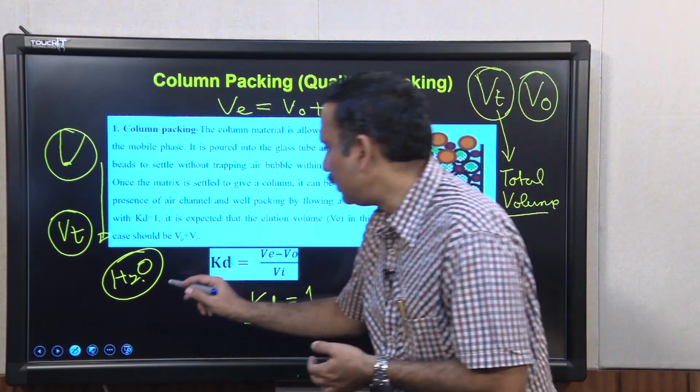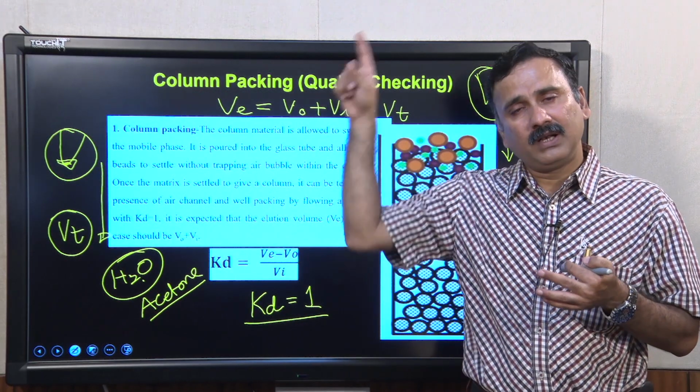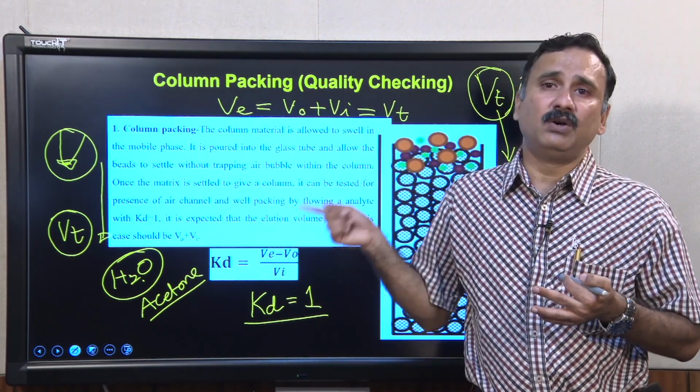In that case, you take an organic solvent, for example acetone. If you inject a very small quantity of acetone into the column, the acetone is going to go and fill the bottom of the pores, and then it will take the total travel length of the column, and it will give you the VT of the column.